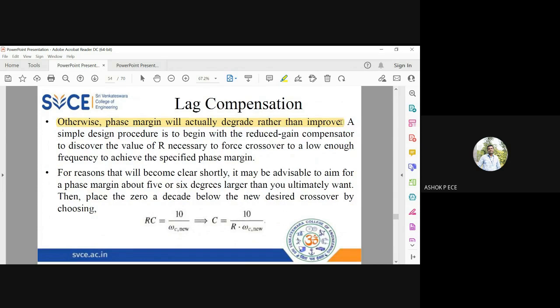So a simple procedure is to begin with a reduced gain compensator, which will discover the value of R, so that the appropriate phase margin is obtained. So for that, we use the relation RC equal to 10 by omega c nu. Our capacitor will be 10 by R into omega c into nu. So use the formula to find out a specific value of C, which is going to help the